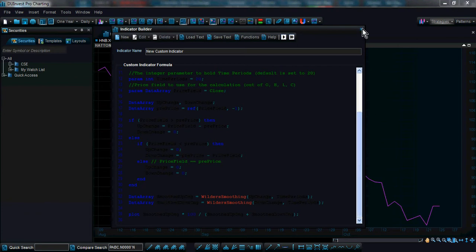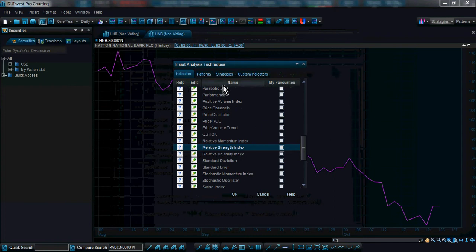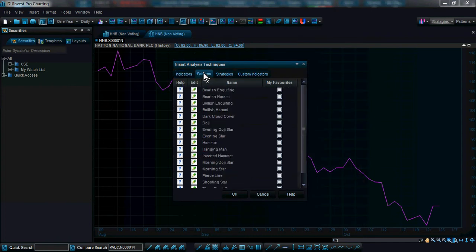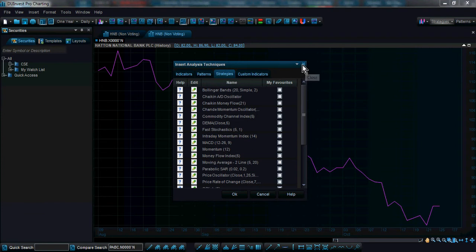Now the point here is that if you want to build your own indicator, there are 71 indicator examples, 17 pattern examples and 27 strategy examples. You can take the sample code and build from there, and you can optimize it any way you like. So this is the true power of this application. You can build any indicator that you like.